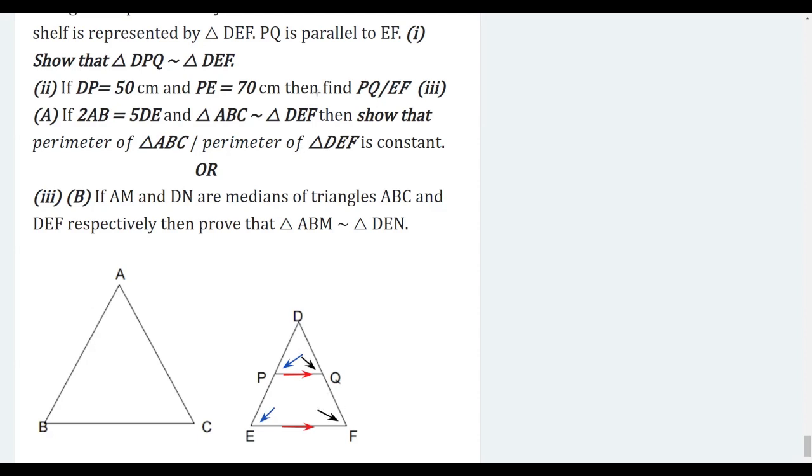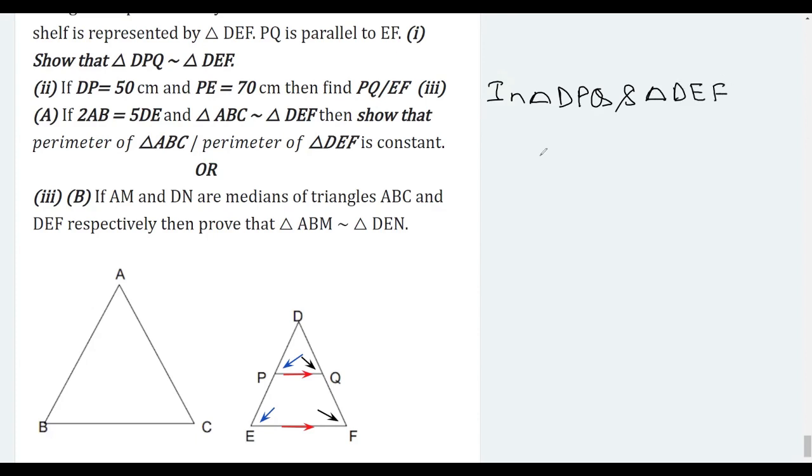That's by corresponding angles. Once two angles of a triangle are equal, we can say the triangles are similar. So let me write down the triangle. It is DPQ,